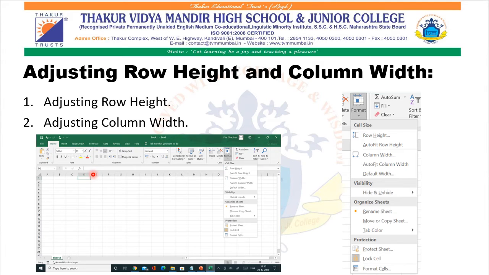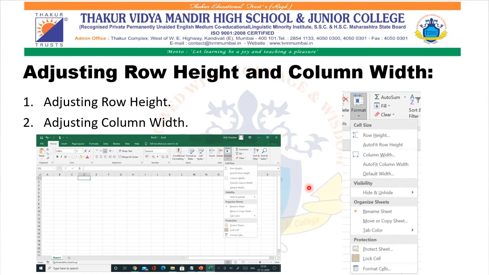You can click the partition and drag it towards the right side of the sheet. So this will expand the column width, and if you want to make it small, you just have to click the line after the column name and drag it towards the left side. This will narrow down the width.